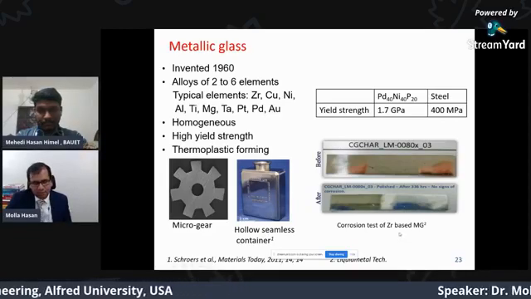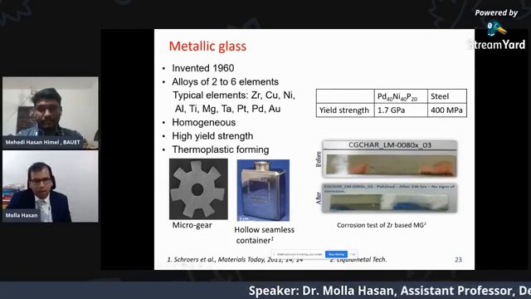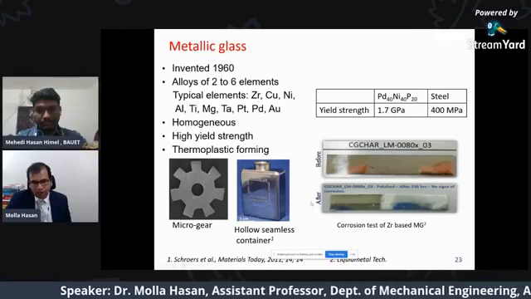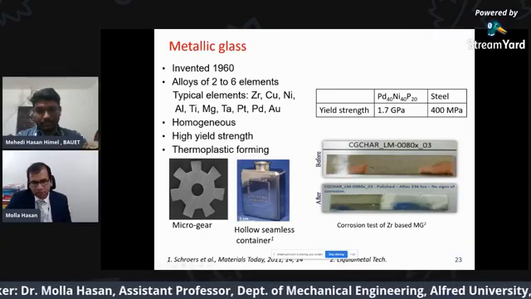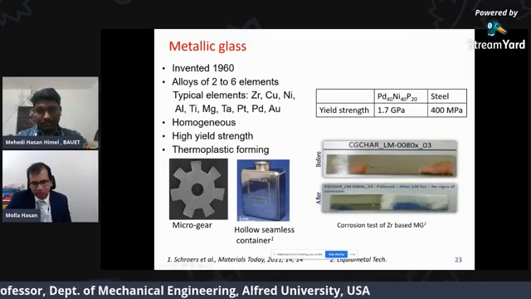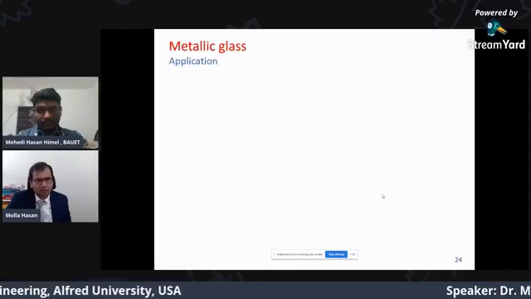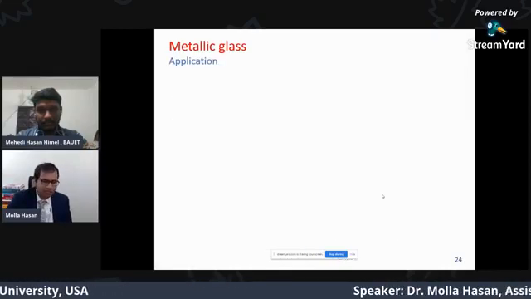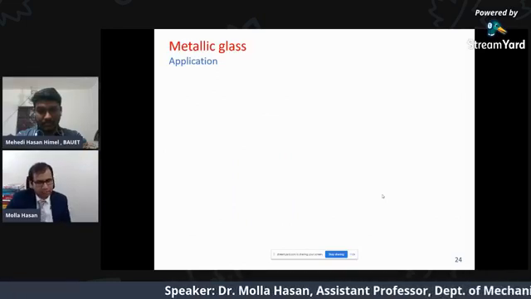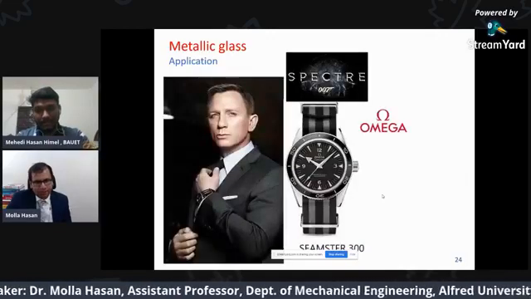This is an example of a zirconium-based metallic glass which was soaked in a salt bath for 336 hours. As you see, there is no stain, no sign of corrosion. So it's a very corrosion-resistant material. Now the applications. Metallic glass is a developing alloy. It has very few applications so far. One of the applications, actually,